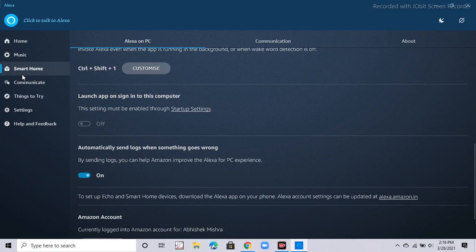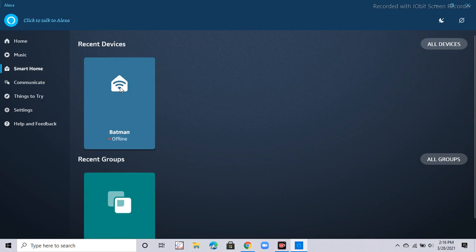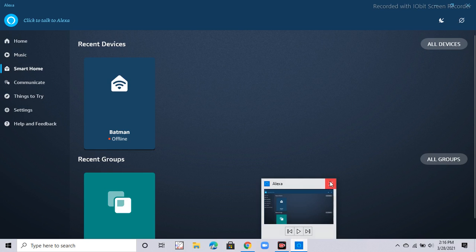So for example, there's one issue. When I try to click on this, the Alexa app actually goes away. It just hangs. Nothing is happening, it's hanging whenever I click on something. Now it's not, but sometimes the problems come. It's hanging now.